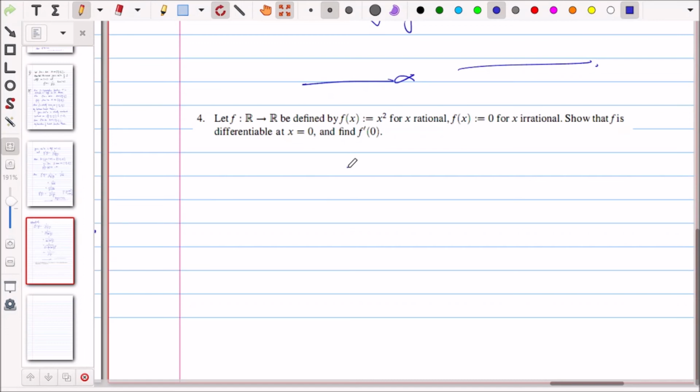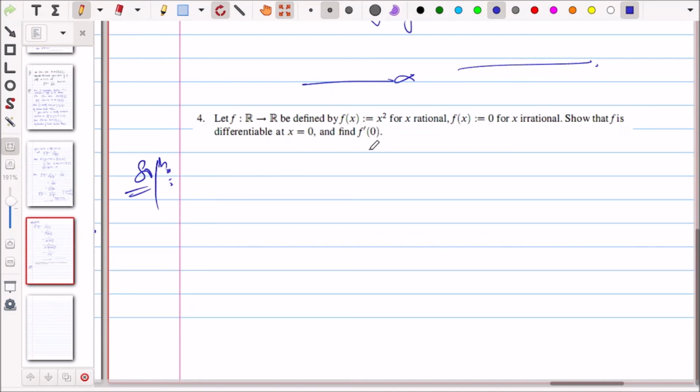क्या लगता है क्या होना चाहिए? सर 0। 0, yes। ठीक है, अगर डेरिवेटिव एग्जिस्ट करेगा तो पक्का वो 0 ही होना चाहिए और कुछ नहीं हो सकता, क्योंकि इसको डिफरेंशिएट करोगे तो 2x आएगा और इसको डिफरेंशिएट करोगे तो 0 आएगा, एट 0 दे मस्ट बी इक्वल, सो 0 आएगा, ठीक है? सो 0 होना चाहिए,